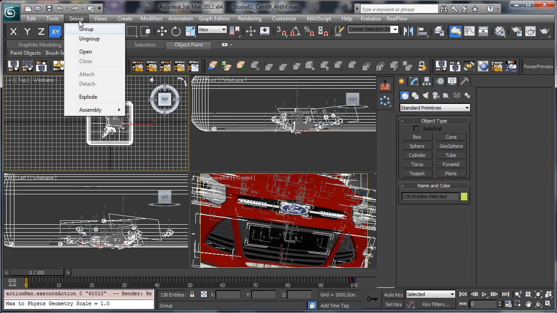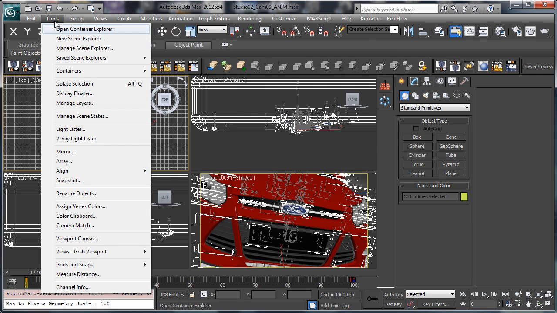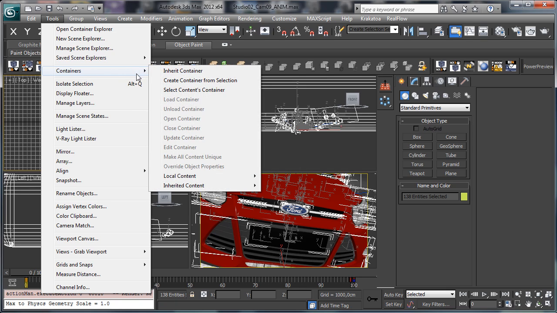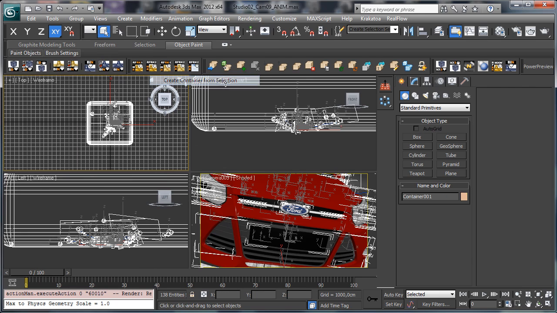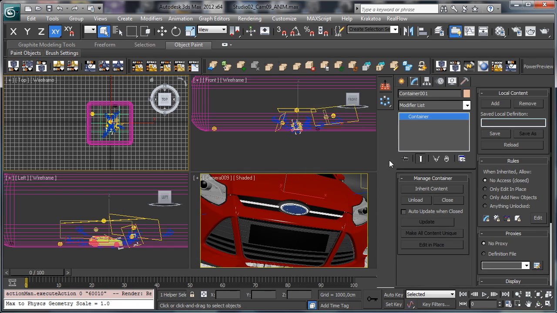The container is a little bit different. You see that we have to go inside the tools menu. We have to go inside container, and you see that we have a lot of tools there. The first one we can use is the create containers from selection. Okay, so we created the container, and you see that now the container has all the information we need to